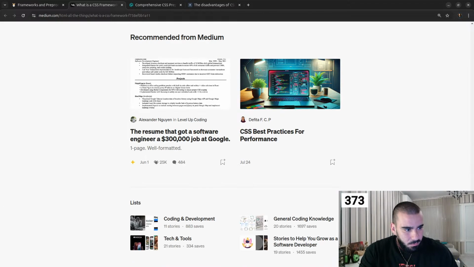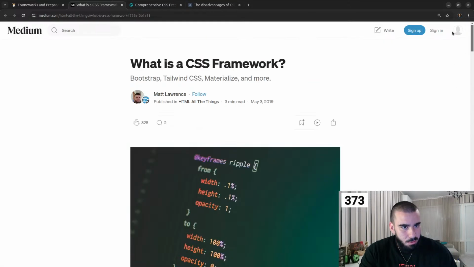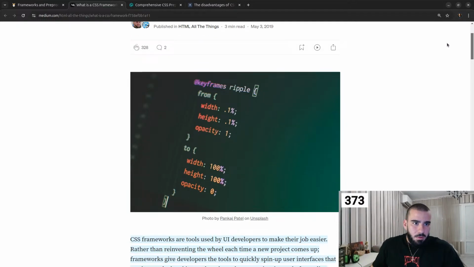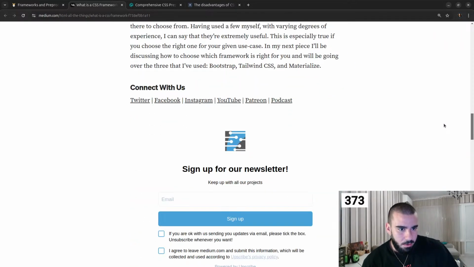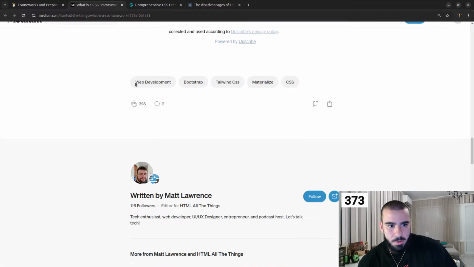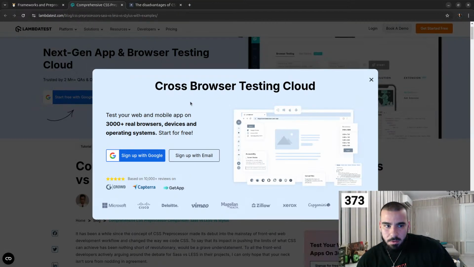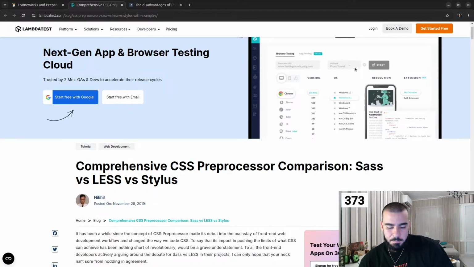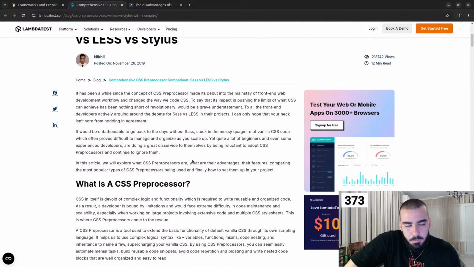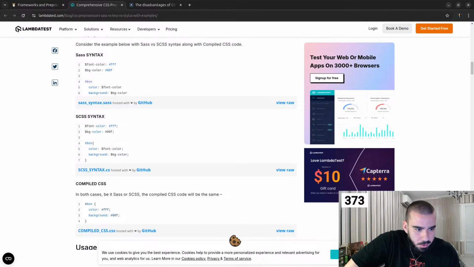Okay. That was the whole article right here. I thought we were going to go more into detail about Bootstrap, Tailwind, CSS, so on. But seems like we don't. Alright. Then I guess we go into the preprocessors,